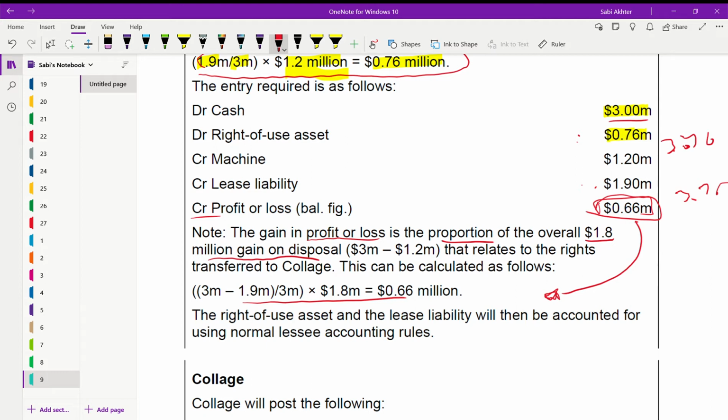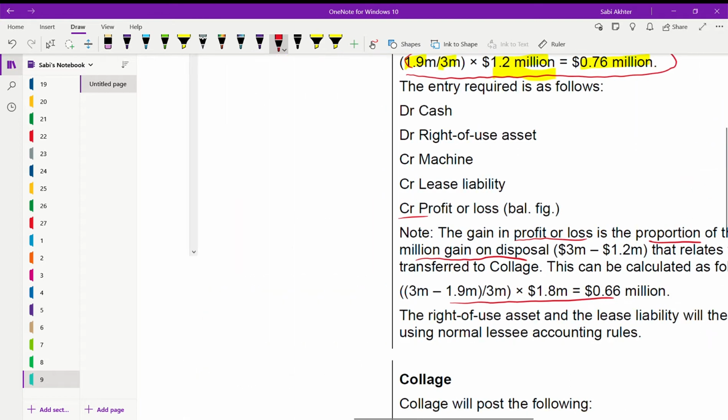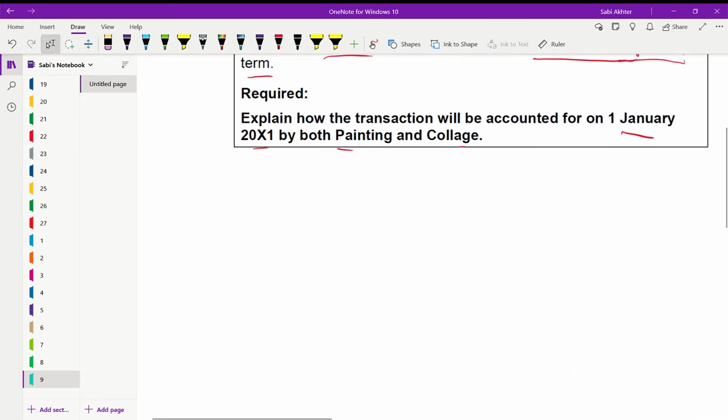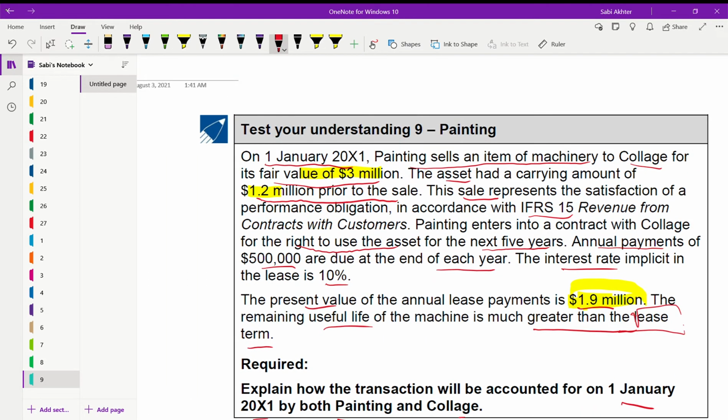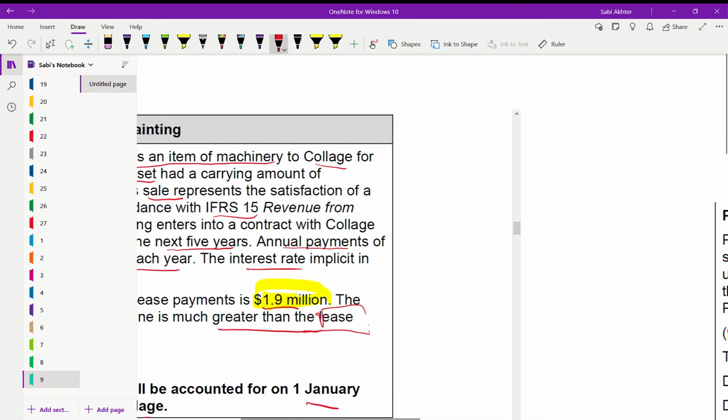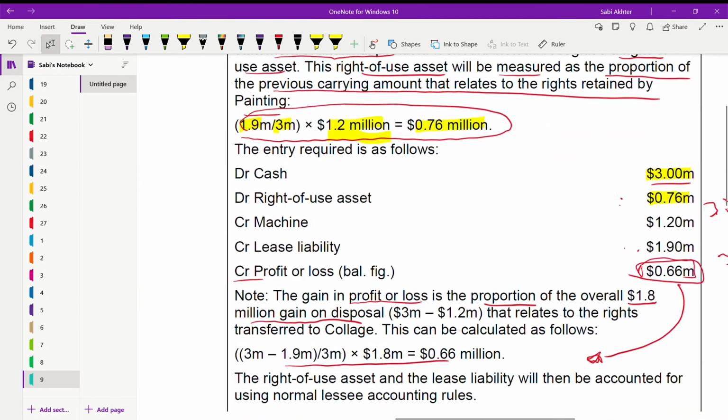First you need to find the total gain, and based on that you find the proportions. The overall gain is 1.8 million. How? 3 minus 1.2. That 3 is this one: you are selling at 3 million, and the carrying amount of the asset before selling is 1.2. So 3 minus 1.2, you are making a profit of 1.8. Out of this 1.8,